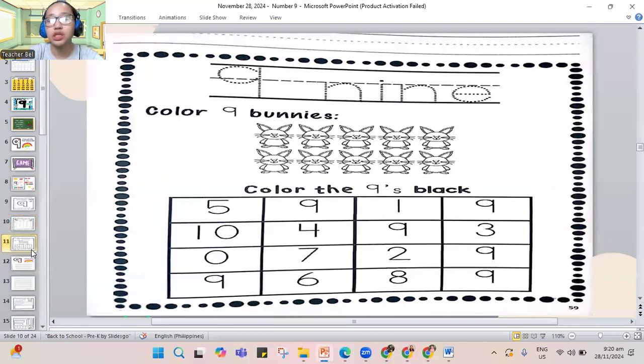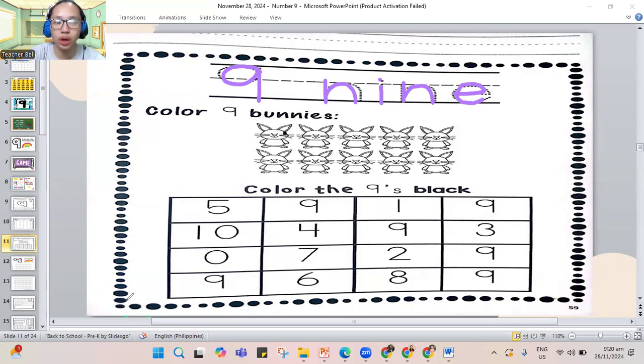And that is to do the number 9. Trace it again and you get to color the 9 bunnies. So trace your 9, spell out for 9, N, and the letter E. This is the word 9. I want you to color the pictures. Color your pictures for the 9 bunnies.